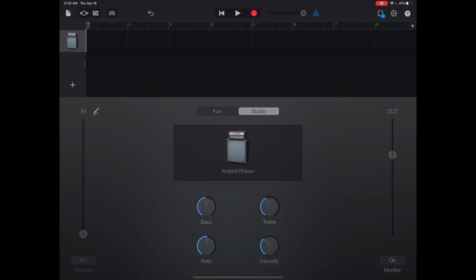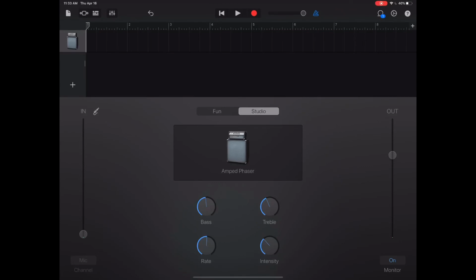Hit done. And now you should already be able to tell that it's a different sound. So we'll bump this in up again. All right, and we've got a different sound going